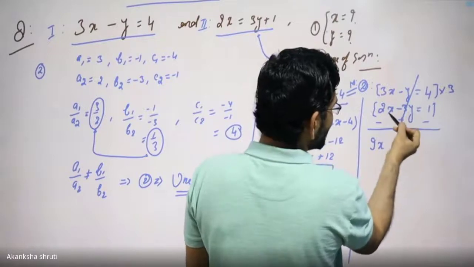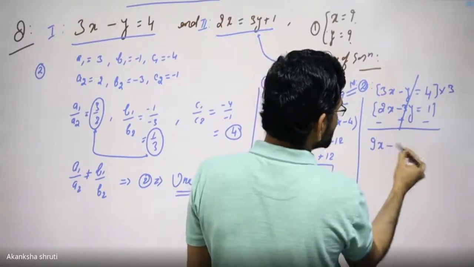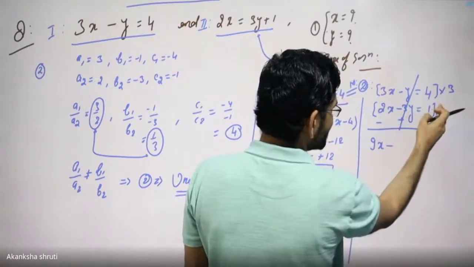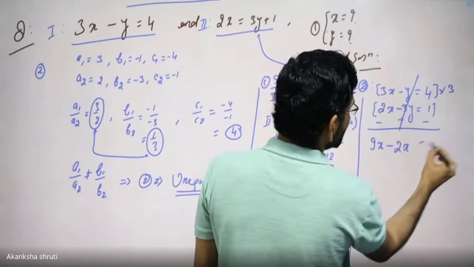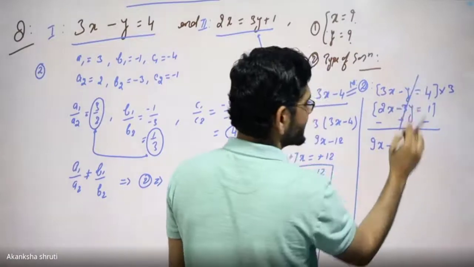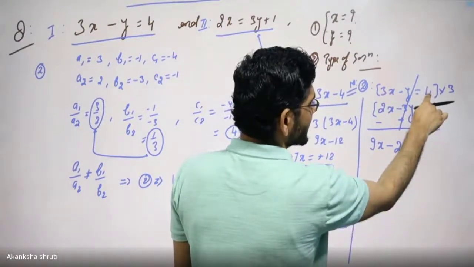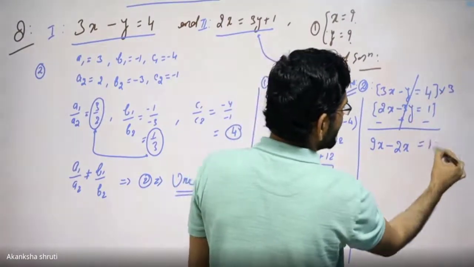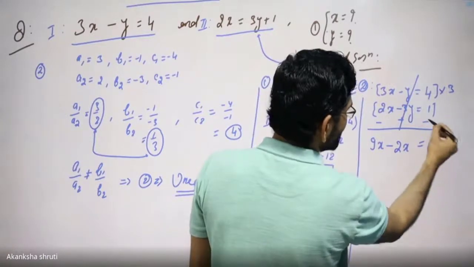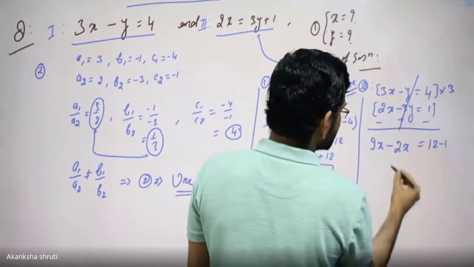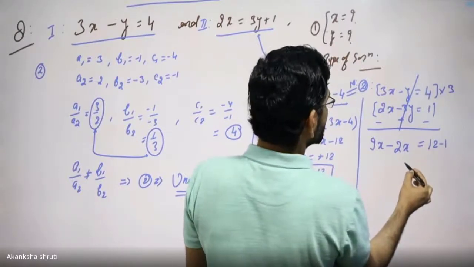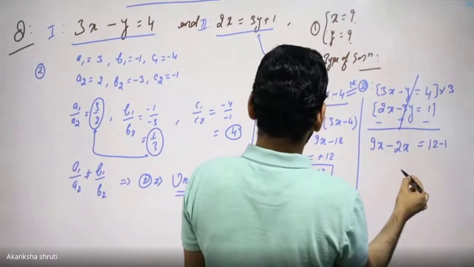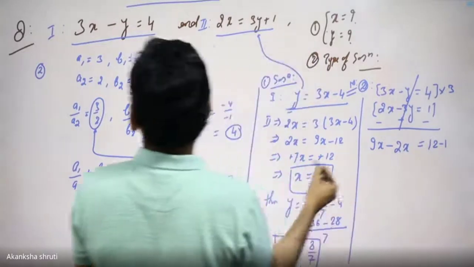But from the second, it is minus of, this is multiplied by nothing, means it is multiplied by 1 only. So it is our 2x. This is on the left hand side because y is getting cancelled. But on the right hand side, this 4 is multiplied by this 3, becomes 12, and this is minus of 1. You are getting, it is our student, some error is there in our calculation.